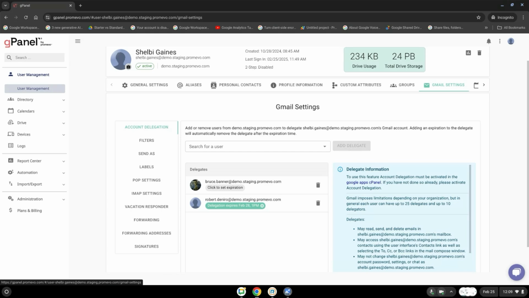moving forward. In situations where multiple users need access to a shared mailbox or a team account, delegating email access allows them to collaborate effectively. Team members can respond to customer inquiries, manage project communications, and share files without the need for multiple logins or